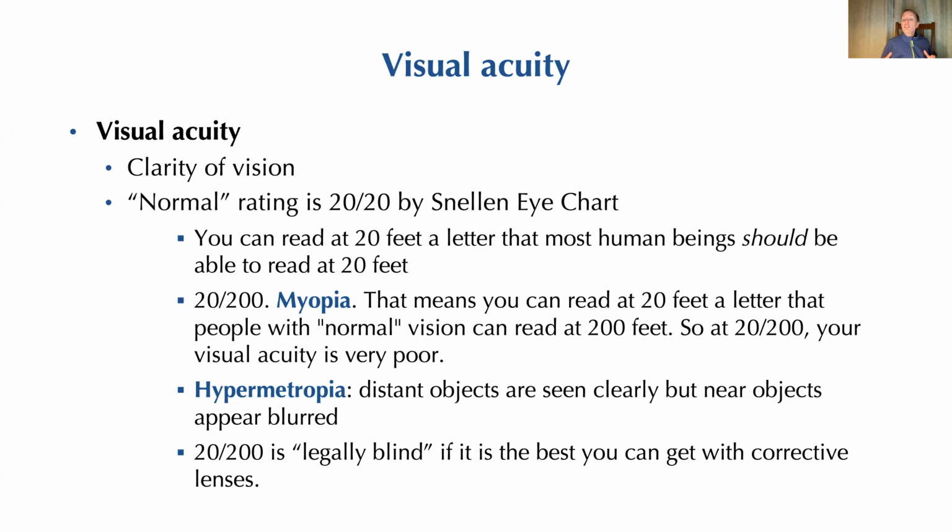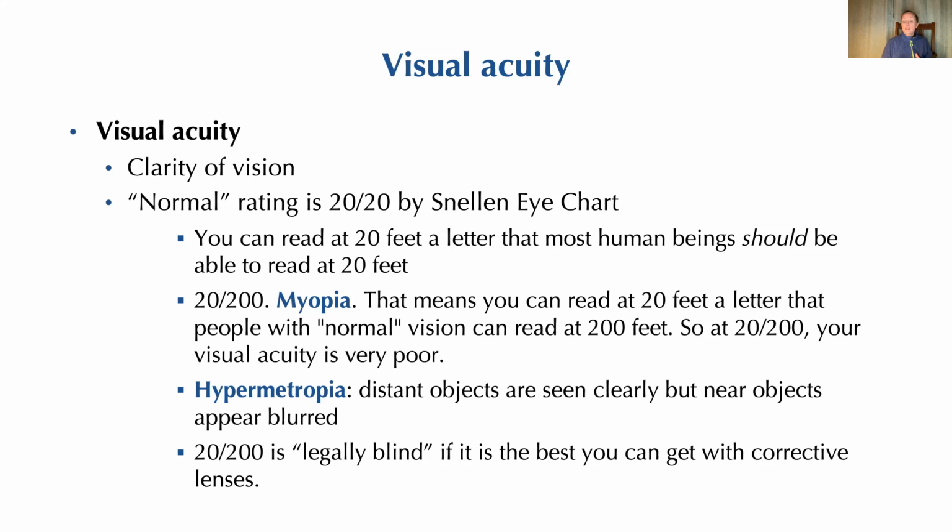So your visual acuity is poorer the larger that number gets. That's called myopia, nearsightedness. Hypermetropia or hypertropia would be like 20/15, meaning that you can read at 20 feet